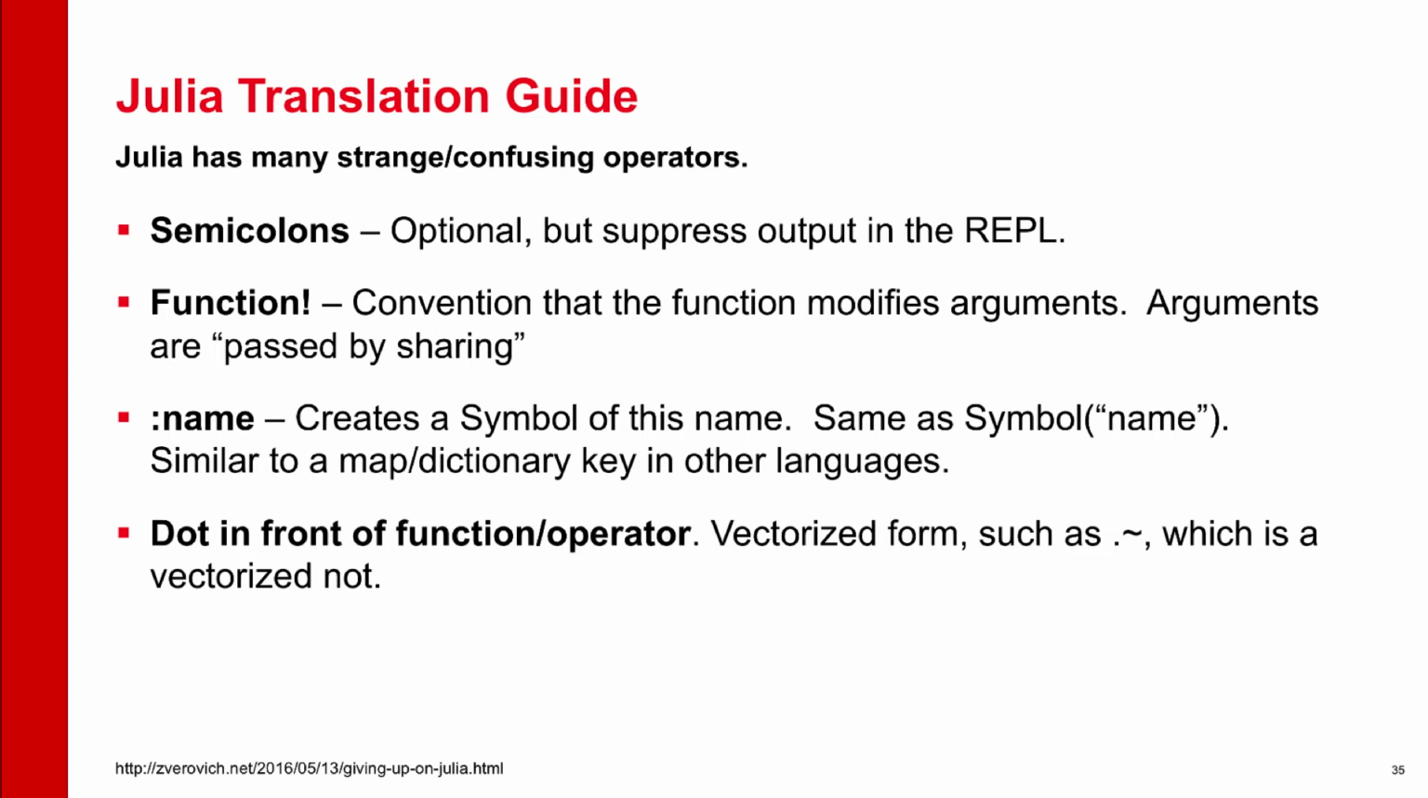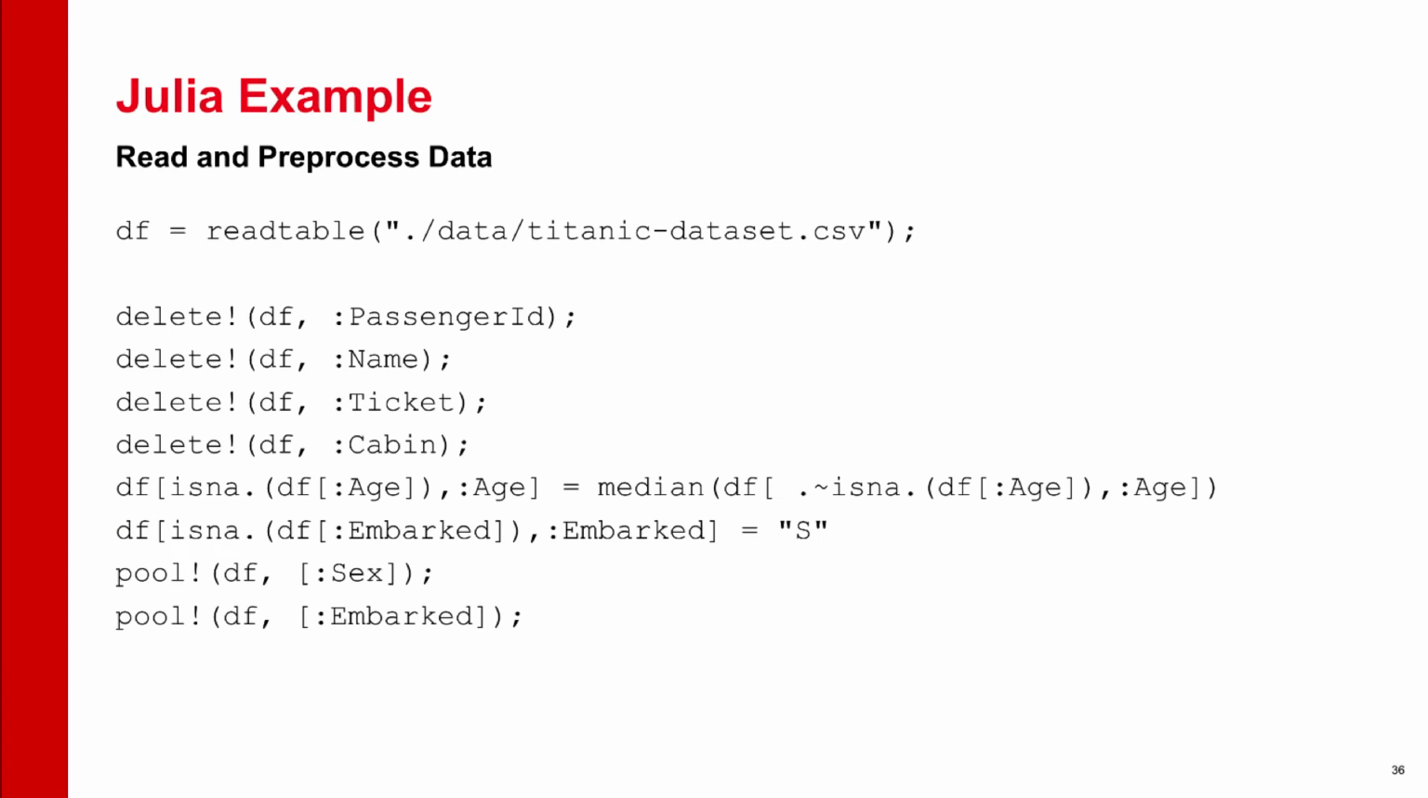If you put a dot in front of a function or an operator, that gives you its vectorized form. So dot tilde basically gives you a vectorized not, as opposed to a scalar. So single value versus array. Scalar, single value; array, vector. And here we go. So if you first look at this, all these weird operators in Julia can make this